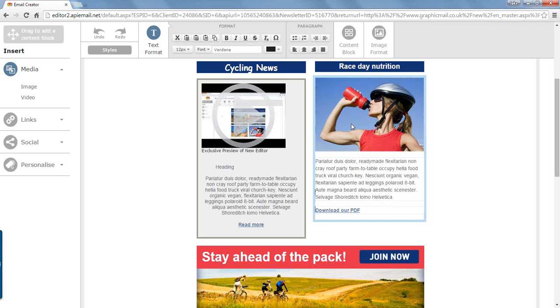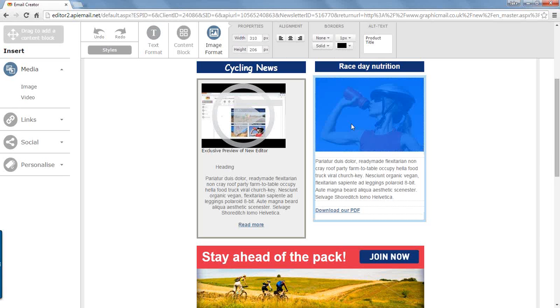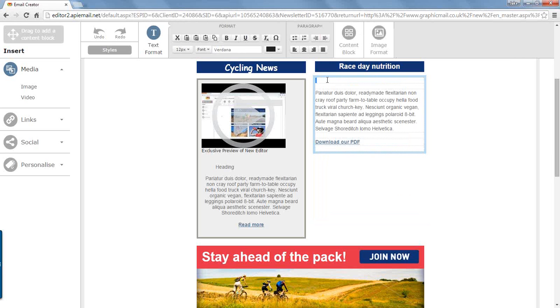So the final thing I'm going to show you is how to insert and upload an image, and also how the new image editor works. So I'm just going to delete that image there, and we're going to insert an image in its place. So if I click on Media on the left hand side there, and then select Image,